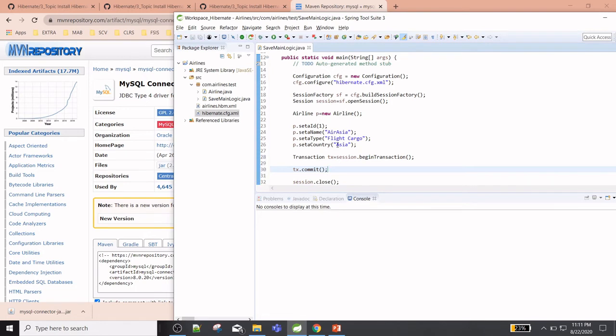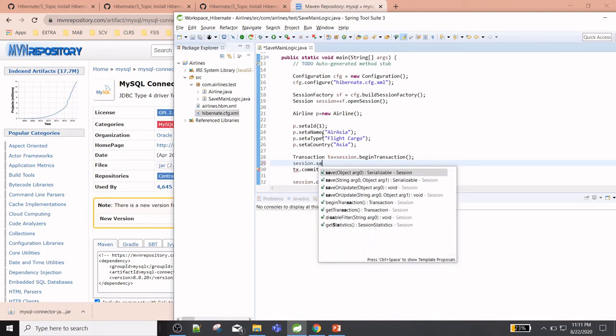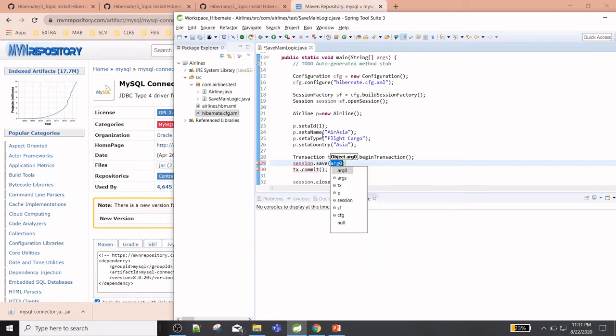Yeah. And we need to save this object. So session dot save, and the object is p.